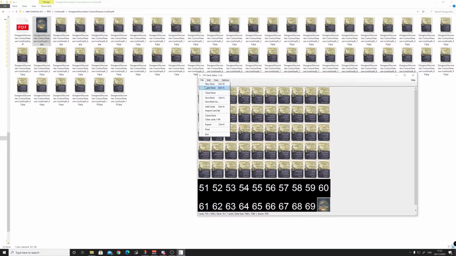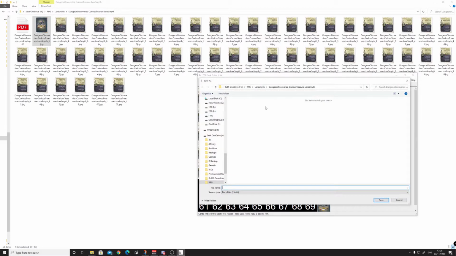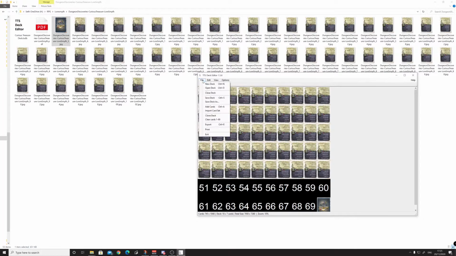Best save it at the moment. So save deck as, and this is my Curious Treasure. So this is just in case something goes wrong, but you probably won't need to do this stage. Curious Treasure deck. Just save that for now, because what we're going to do next is we're going to export,